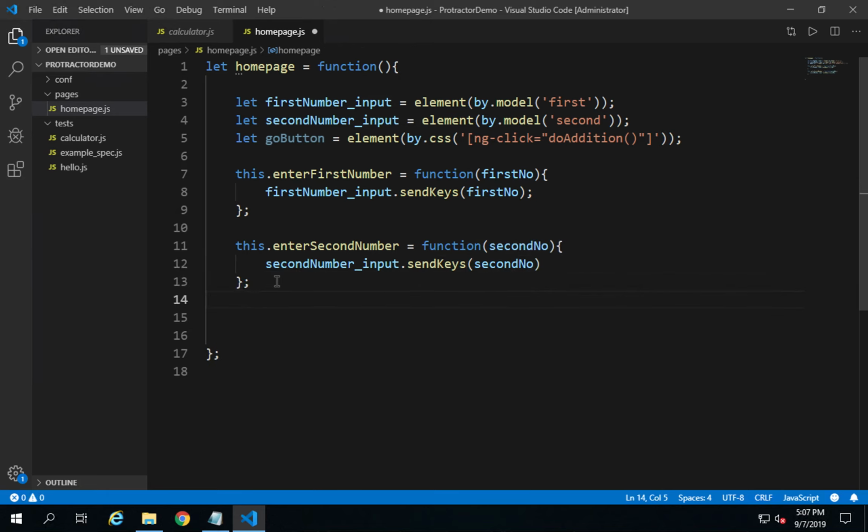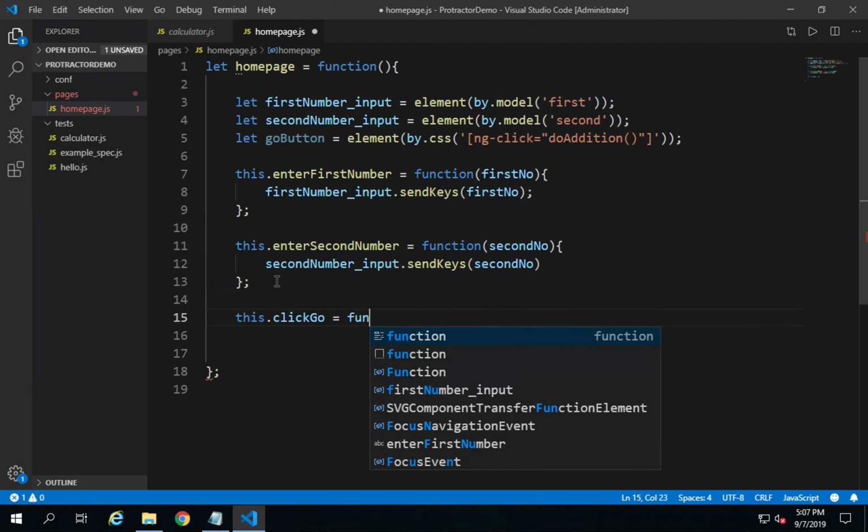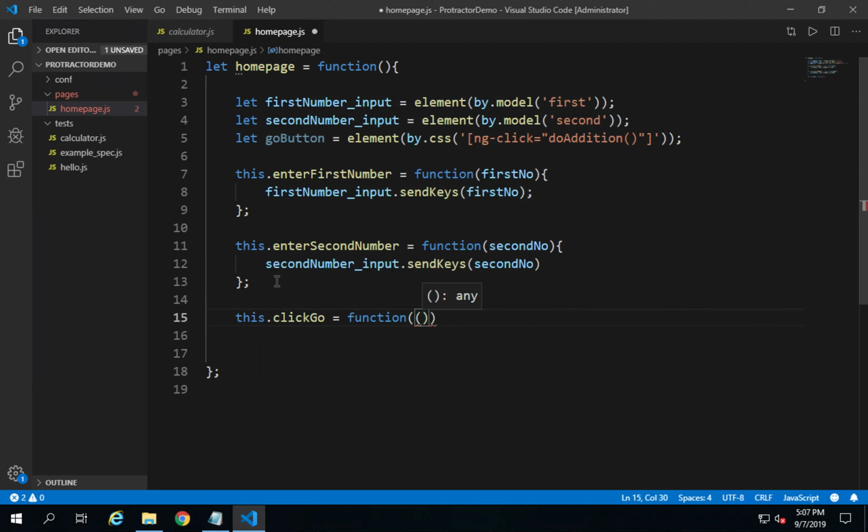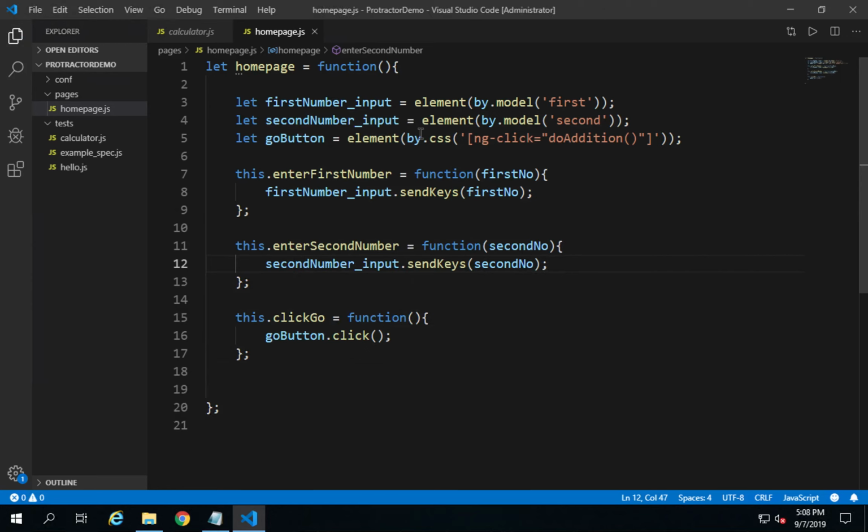Then I have to click on the go button, so I will say this dot click go, and again I will say this is a function, and here I will just say go button dot click, and that's it. So now I have created all the functions for all the actions we have to do on